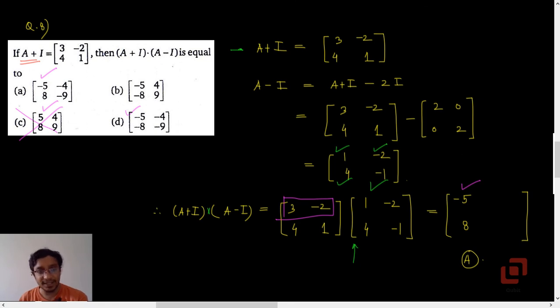Yes, now go to the second row of the prefactor, 4 1, and for first column. Now see, now everything is positive, so it must be positive, and B and D have 8 1 negative, minus 8, so that must be option A, right? 4 into 1 plus 1 into 4. See, now there is no need to actually do that. If you just observe that everything is positive in the second row of the prefactor and the first column of the post factor, you should be happy that you have got the correct option, that is A.